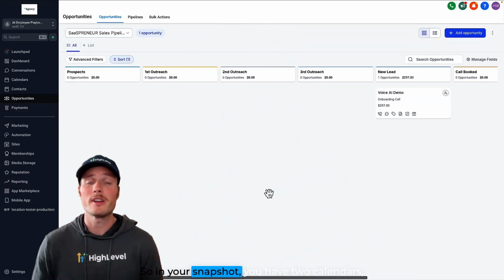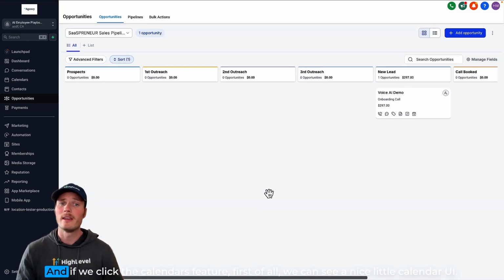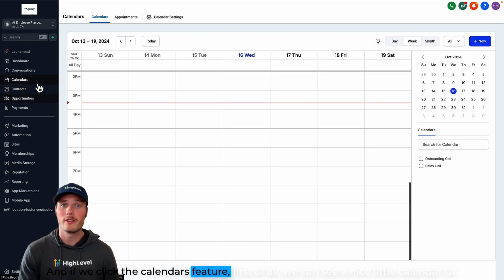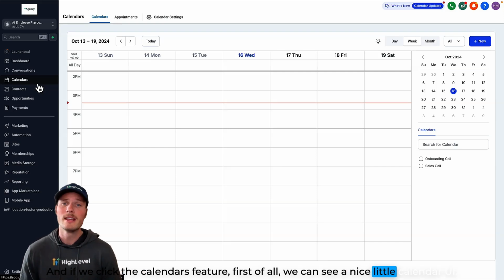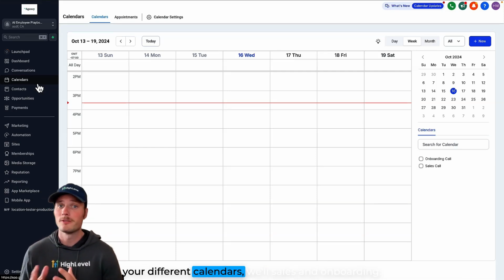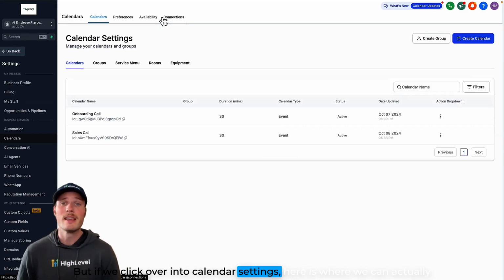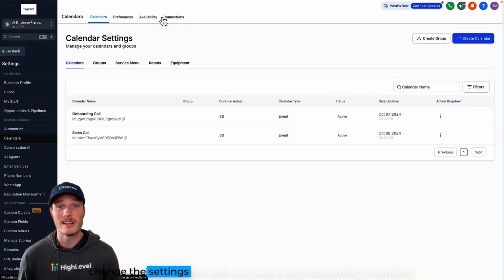So in your snapshot, you have two calendars, a sales calendar and an onboarding calendar. And if we click the calendars feature, first of all, we can see a nice little calendar UI. Here's where you can see all your appointments for your different calendars, both sales and onboarding. But if we click over into calendar settings, here is where we can actually change the settings for both our